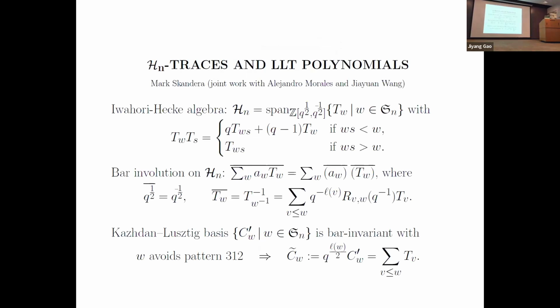Bruhat order. The second basis, due to Kazhdan-Lusztig, is defined in terms of a barring relation, which takes root q to its reciprocal, and T_w to the inverse of T_{w inverse}. Expanding that in terms of the natural basis, we obtain coefficients known as the R elements. The Kazhdan-Lusztig basis with elements written C_w is barring invariant. If we modify each element by multiplying by root q to the length of w, then the resulting elements indexed by 312-avoiding permutations w are just sums of natural basis elements T_b with b less than or equal to